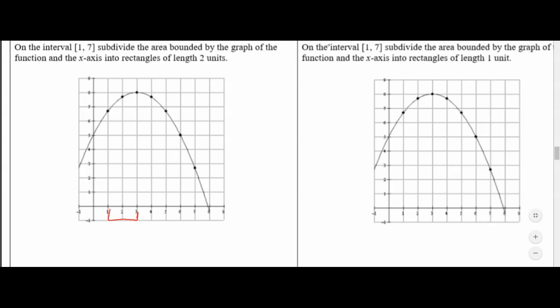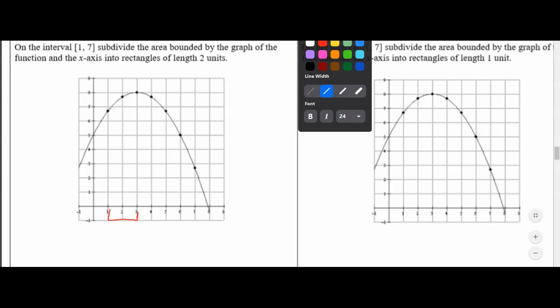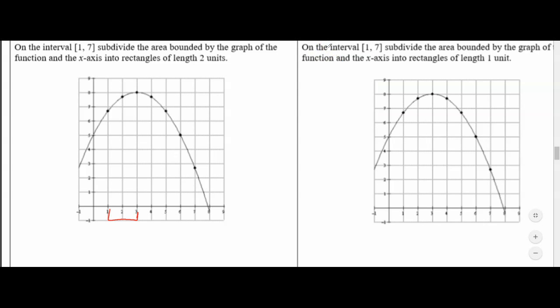But now the height of this rectangle is going to be based off of the midpoint between 1 and 3, which is 2. So we're actually going to go up here to where 2 has its y value,